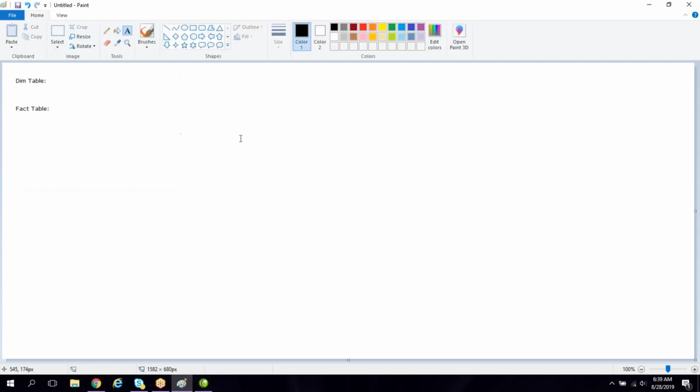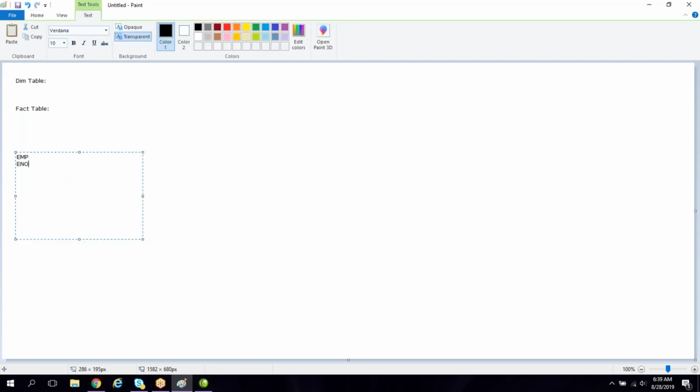In a relational table, for example, we have one relational table like this: employee table, with employee number, employee name, salary, phone number, email, address, date of birth, pin code. Like this, we have multiple columns in the employee table. Let's say this is a relational table. Each and every column will have a different data type.